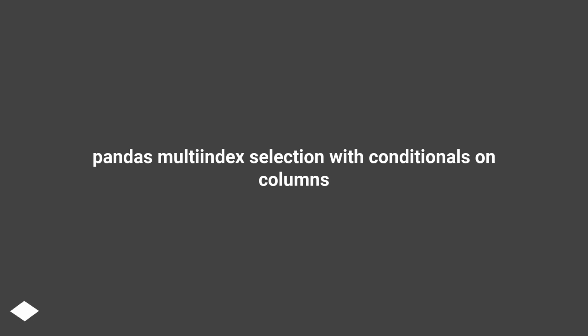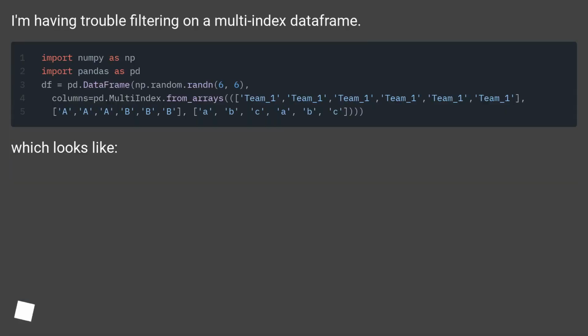Pandas multi-index selection with conditionals on columns. I'm having trouble filtering on a multi-index data frame, which looks like